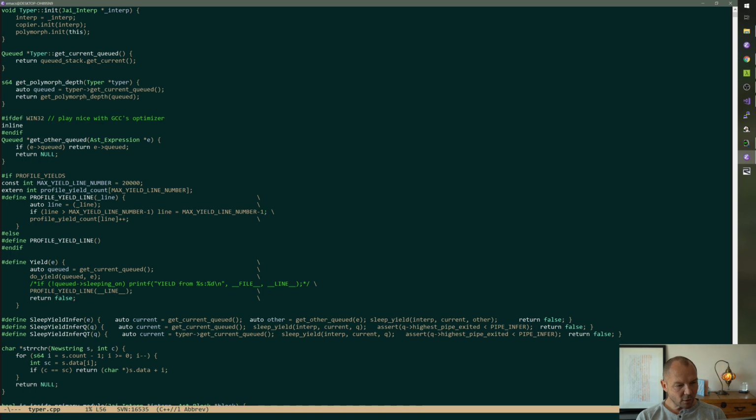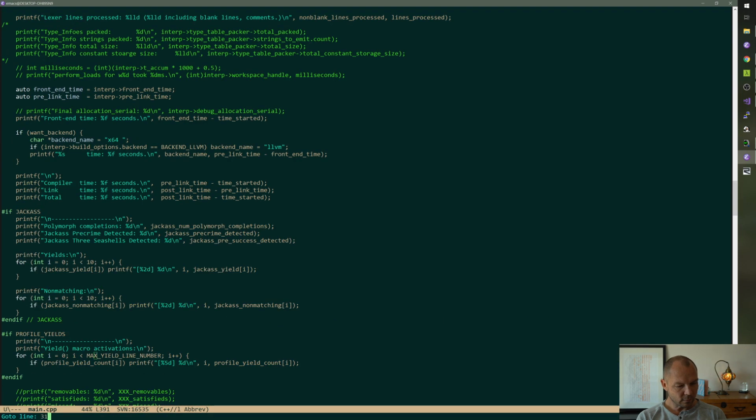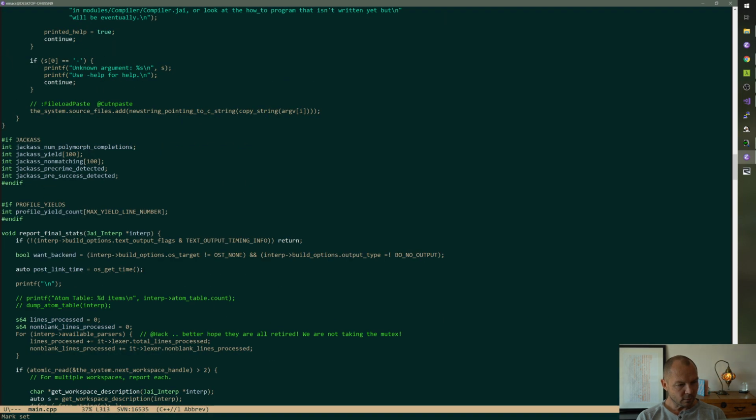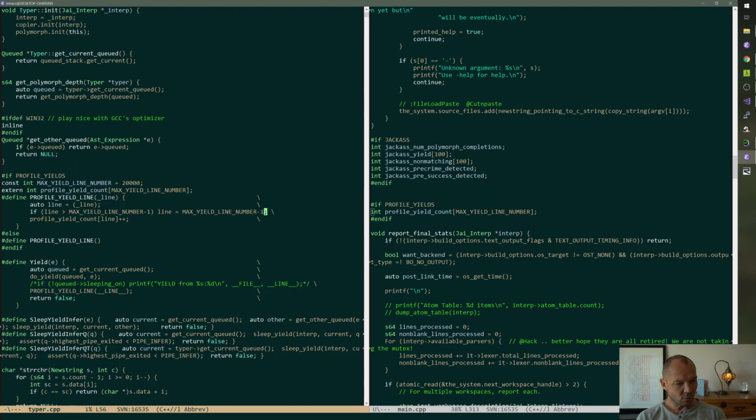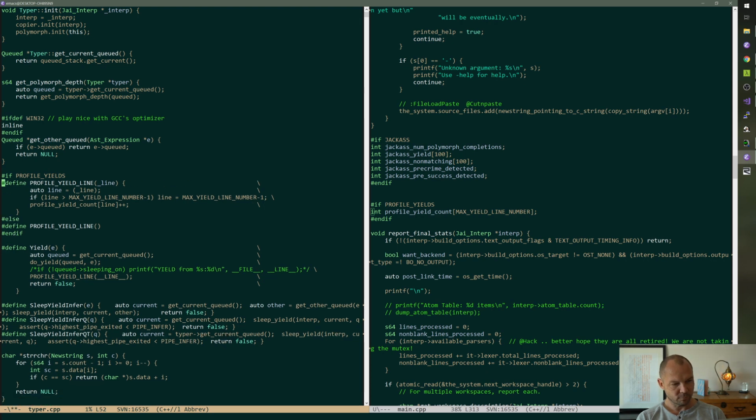Max yield line number, undeclared identifier. If profile yields, oh, because, fudge. Just going to put it here.